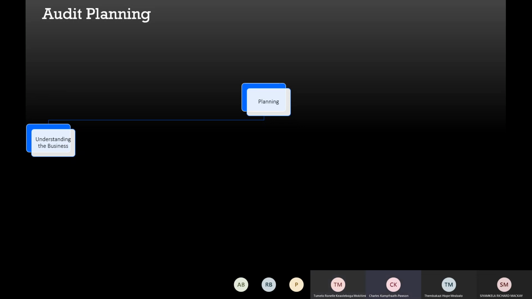You guys might be familiar with the two steps of execution, which are the test of controls and substantive tests. So proper planning will give us a good idea of how to plan for the business, because we will identify the preliminary risks in each of the various main accounts of the business. Okay, so I'm just talking here very discussion-wise, so you must stop me if you want to ask a question. I don't want to go theory by theory. I want to discuss the various points.